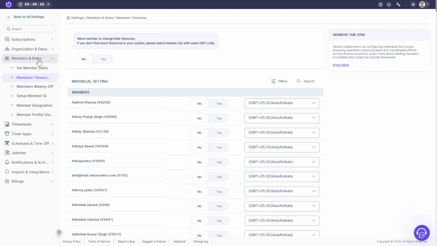In this video, we are going to learn about the Member Timezone setting. For that, come up to the side menu, click on Settings, and under Member and Roles, click on Member Timezone. This setting allows you to change the time zone of your specific members. If you don't need the exact time zone in your system, then you have to select the nearest city with the same GMT code. Here, for the organization level of the settings done, you can just click on this button